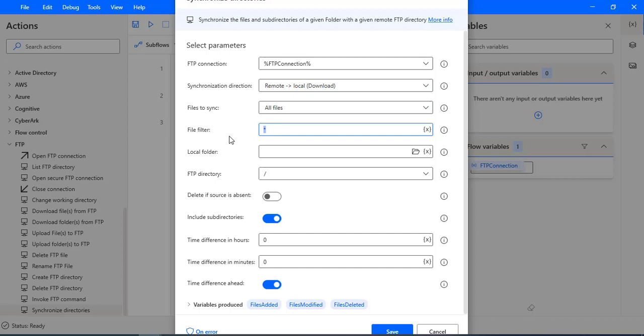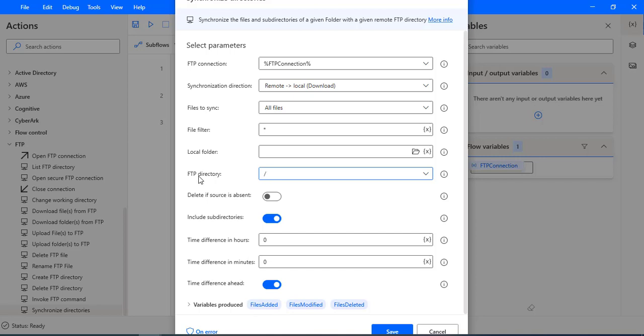All right. Now, the synchronization direction I have given as remote to local or local to remote. In that case, there should be a local folder where you are going to map it. Here, in our case, in all our previous sessions, we have given it as the FTP download path where we have defined. All right, that is the path we will give here. And another one, FTP directory, the working directory that you are going to work with, you will define it here.